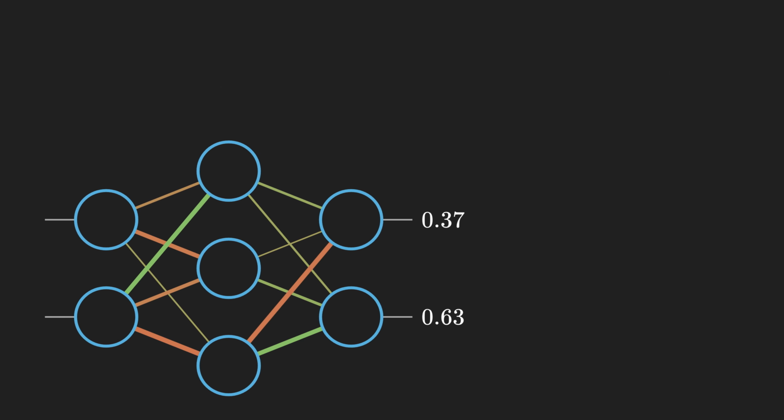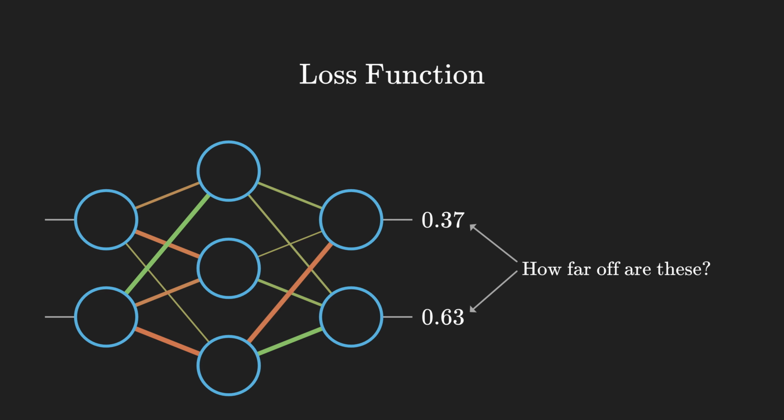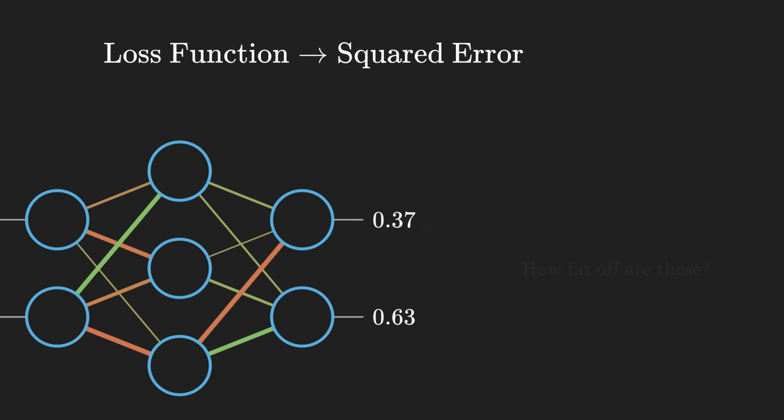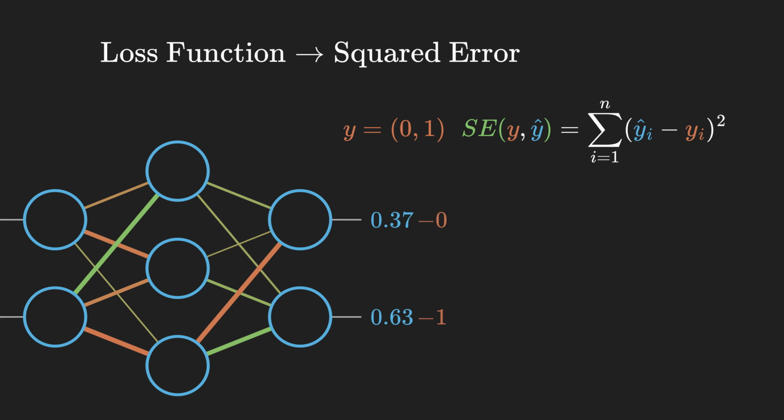The first step is the same idea Rosenblatt had with his perceptron. We need a way to measure how wrong our predictions are. This measurement is what we now call a loss function. One of the simplest and most common choices is the squared error loss. To compute it, we take the difference between the network's output and the expected value, square that difference so that negative errors don't cancel out, and finally sum up all of those squared differences.